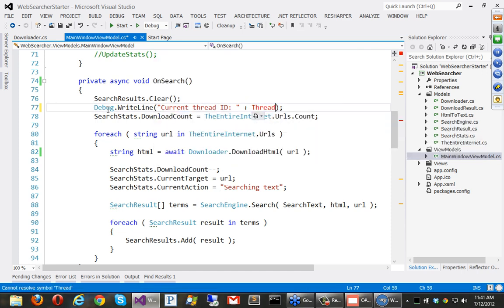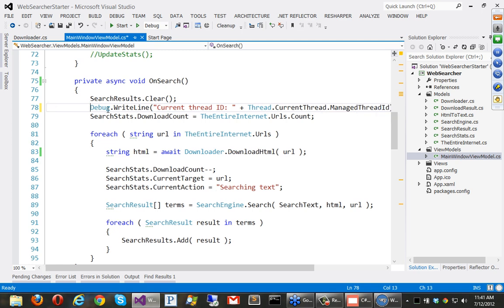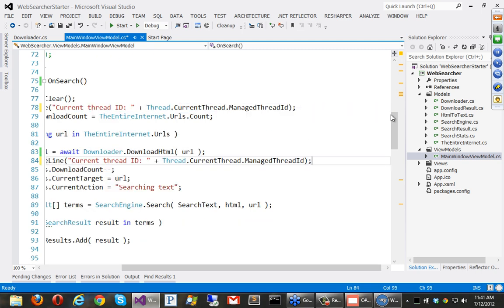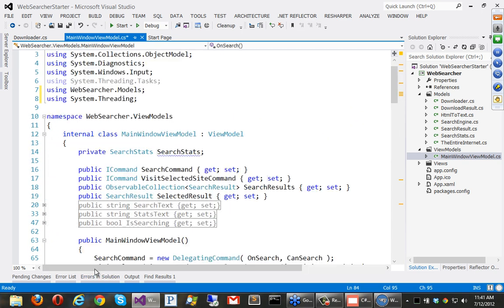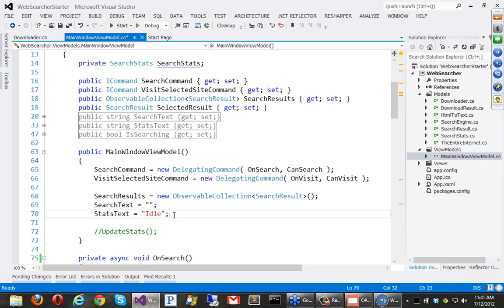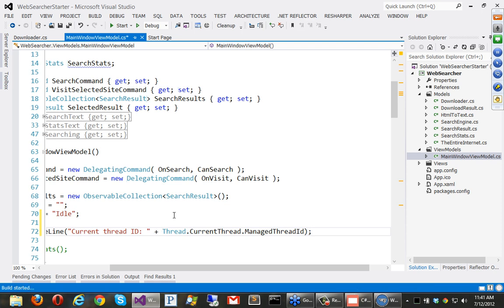Sometimes IntelliSense gets too helpful: Thread.CurrentThread.ManagedThreadId. I can say that here, and let's also say it right in the constructor, where we know it's on the UI thread. Okay, so if I run this in the debugger,